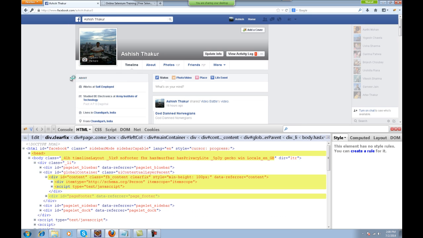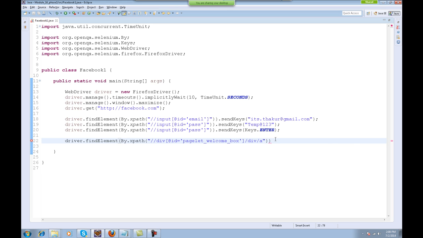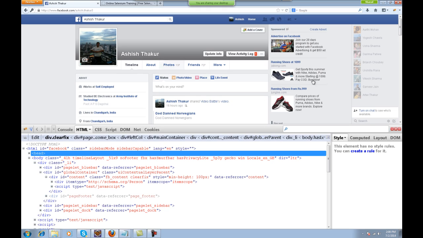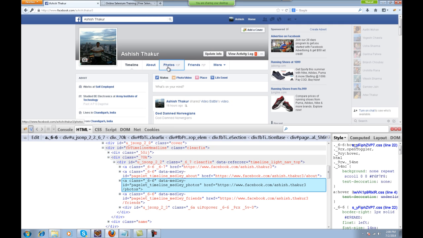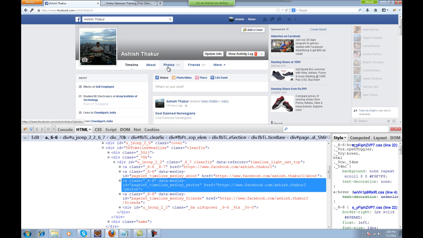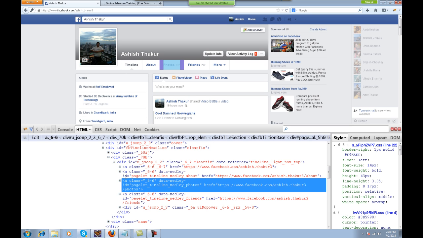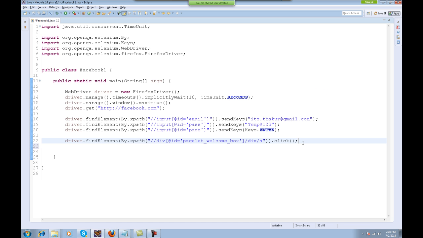Okay, if I click on this, my profile loads. After clicking on this, the next page will open and you have to go to the photograph section. So this is the photograph link over here. Fine, it's a link, and again it's inside this division, and this division is inside the division with ID FB timeline headline. So I will have to write